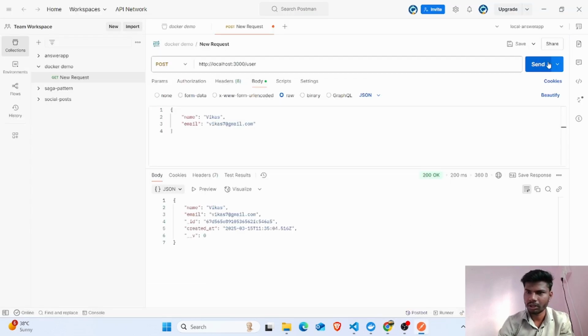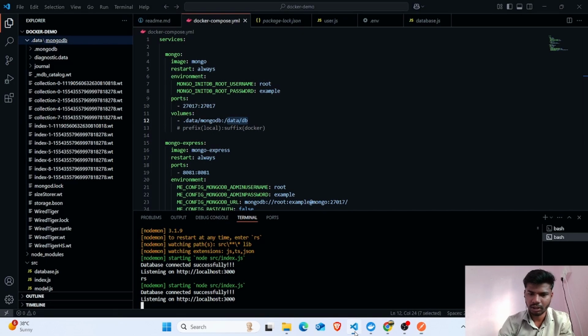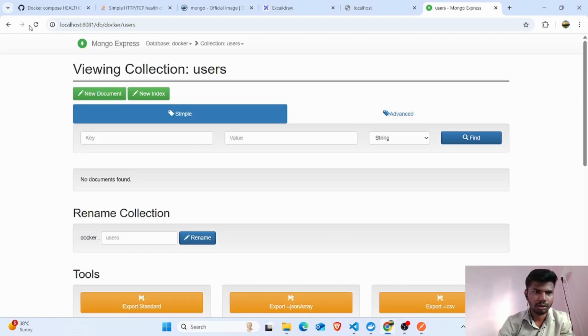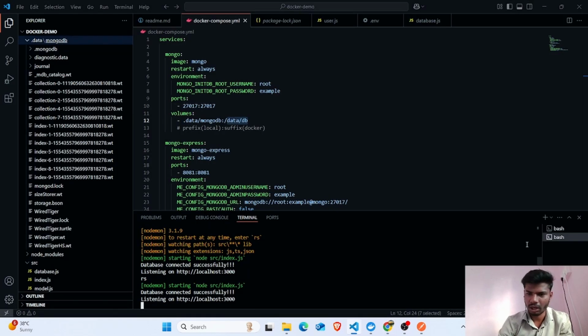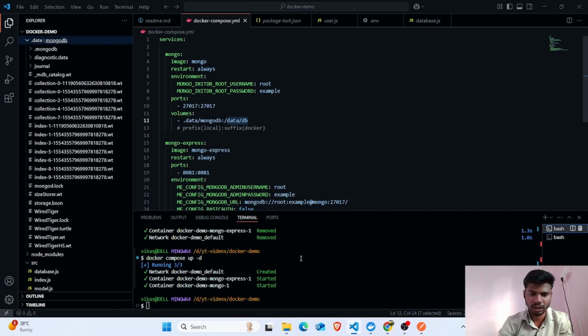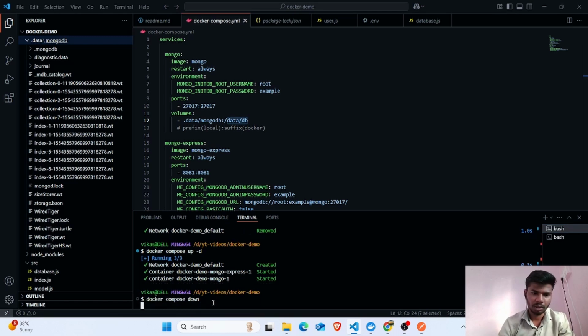Perfect. But if we just add this, the data will be added in here. Okay, data is added. Now just kill the application. Just kill the containers, okay, with the command docker compose down. After killing this,